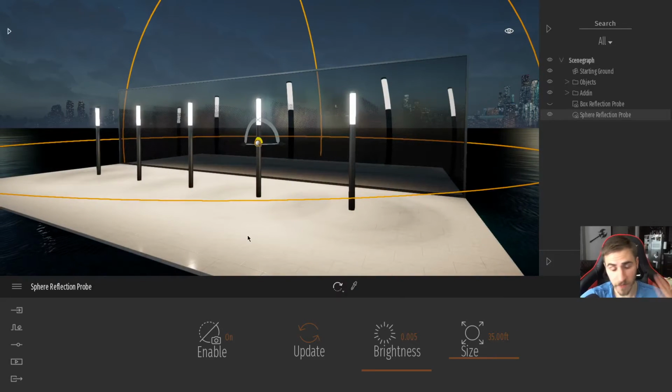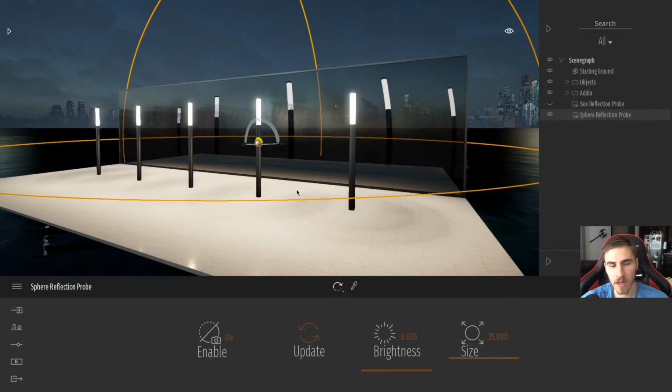So there are very few reasons where you'd want to use a spherical reflection probe. That would probably be some sort of curved glass, probably a light fixture or a light bulb. If you have a special larger light bulb or something, that's probably the only place I would end up using a spherical reflection probe. And believe me, I made this error in the past, where I just dumped in reflection